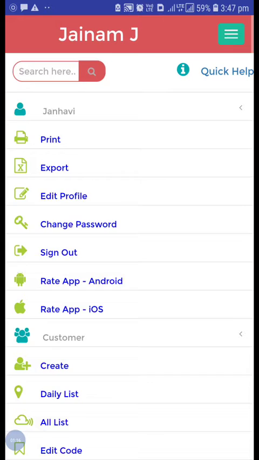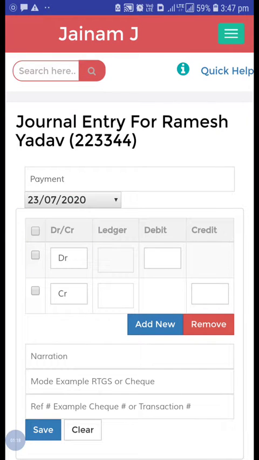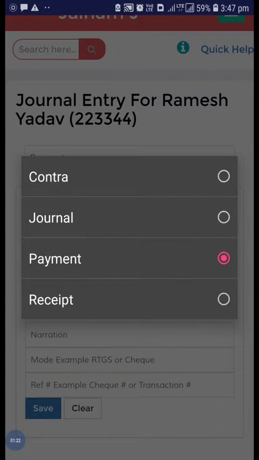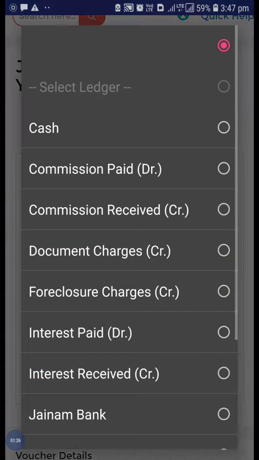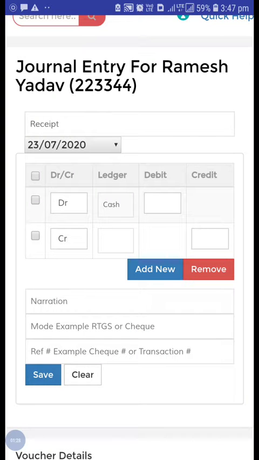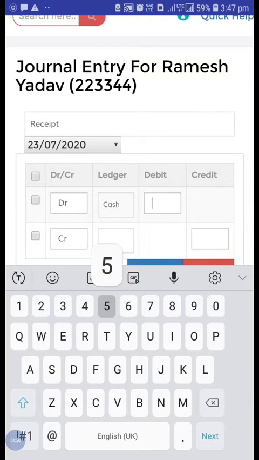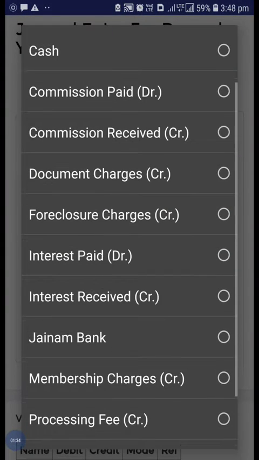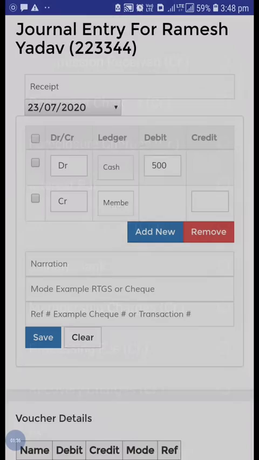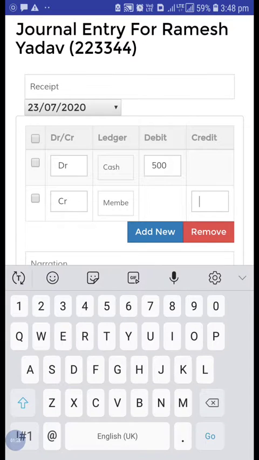Just click on that, and now there is journal entry you can create. So from the payment option, go to the receipt, and what we have received, cash 500, and the membership charges, let's take membership charges 500,